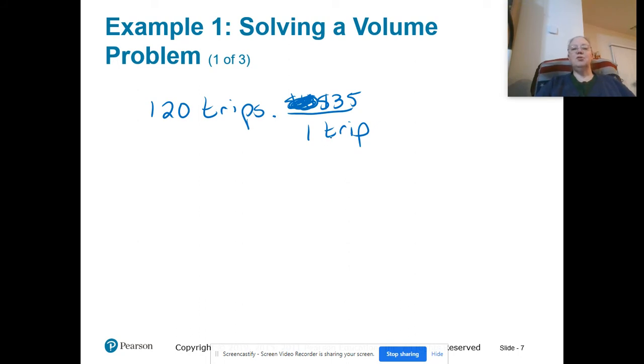Remember, I need the trip to cancel, which means that my trip, one trip and $35, the trip has to go in the denominator. We're going to multiply across the top, multiply across the bottom. So I've got 120 times 35, and my unit is dollars right there,